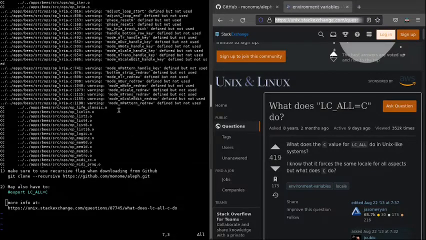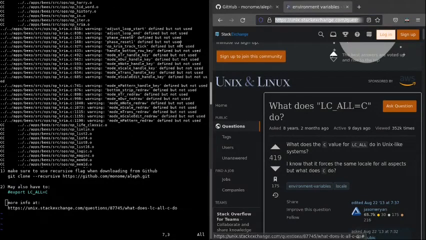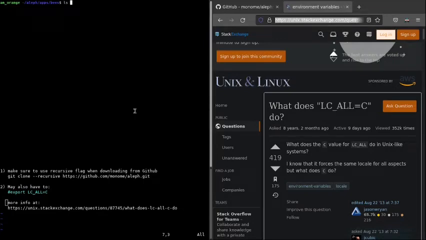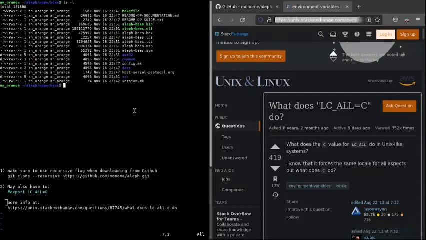Basically, it just seems to be letting me know that there's variables that have been defined, but not used, but that's not a big deal. It compiled and created the hex file. It's just something to be aware of that there's unused variables in there. Okay. We now have our aleph-bees.hex file,